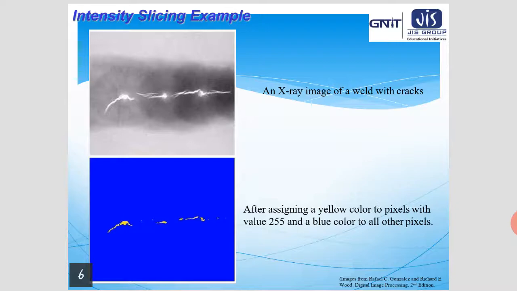This is nothing but the transformation of the grayscale image to its equivalent color image. All the cracks are represented by yellow and other portions are represented by blue. So from the grayscale image, the color image is much more clear and easy to understand. This is one example of intensity slicing.